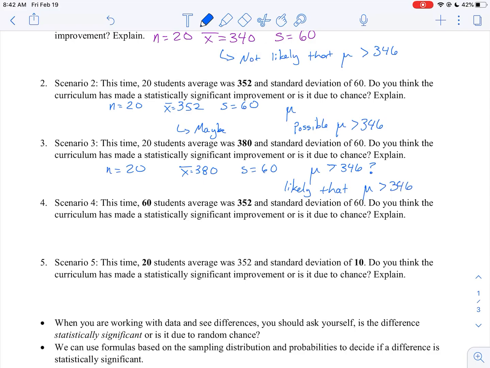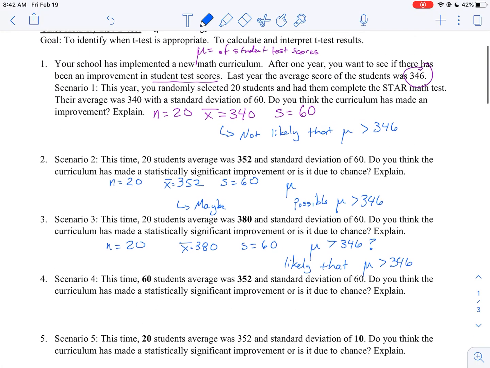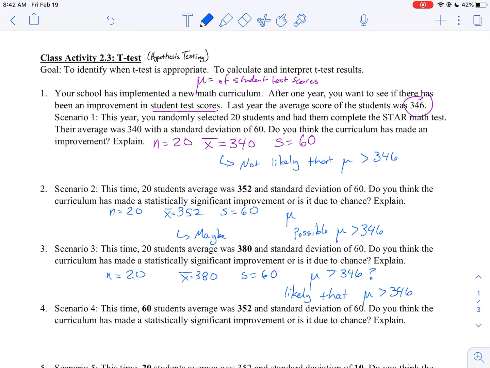And so what we're going to do is set up a hypothesis test, and we're going to test this to see: is this difference likely just due to chance, or is something else going on and it's statistically significant, this difference that we're